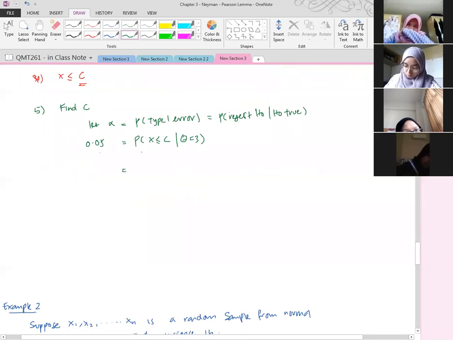So to find the value of C, we need to integrate, because this is a PDF distribution. The range is for x from 0 to 1. So this is from 0 to C, right? And the value of C is